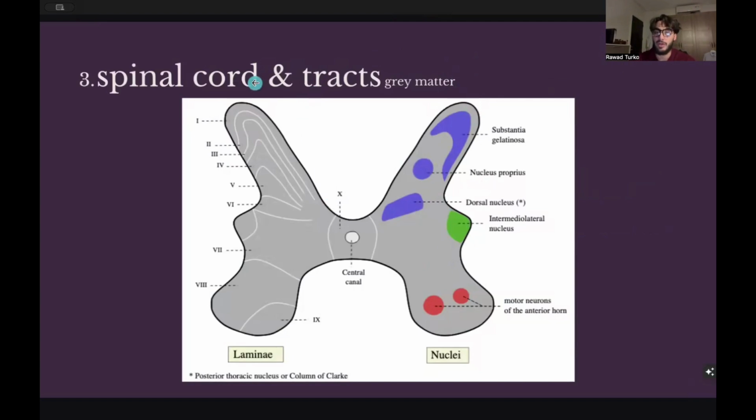Now we're going to talk about the gray matter in the actual spinal cord. There's a lot of confusion about this diagram because a lot of people don't really know what is meant for them to know. So I'm going to simplify it for you. Basically, this diagram is just combining two different ways that we have of classifying different parts of the gray matter